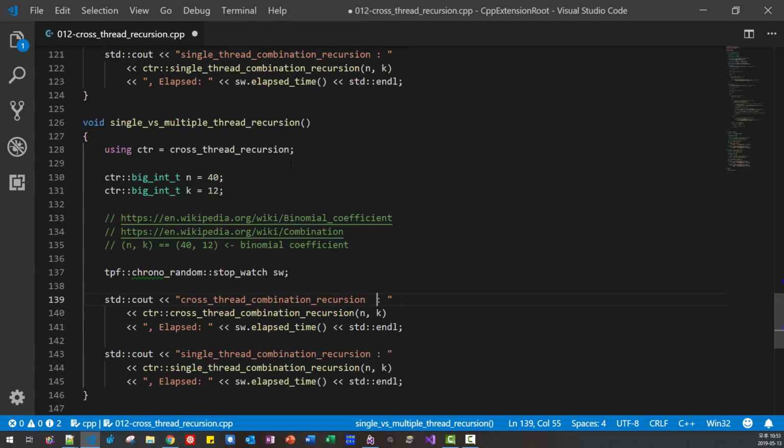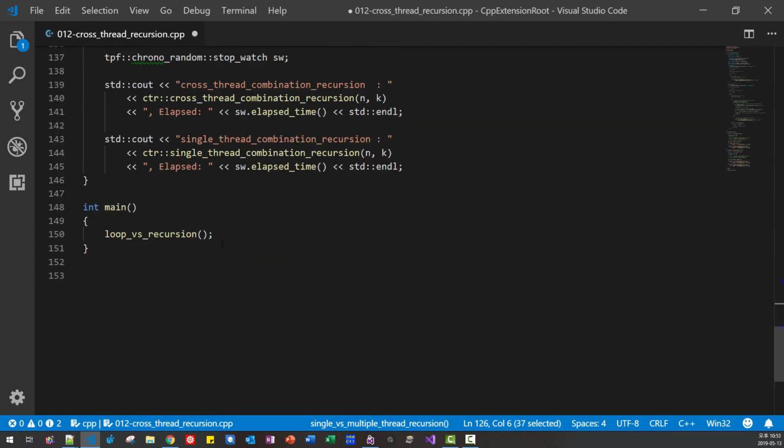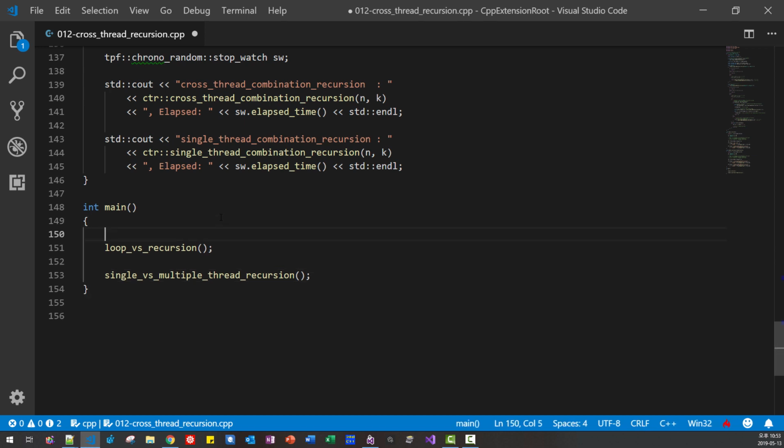Now I copy this function and paste it here, std cout loop versus recursion, and there I say single thread loop versus single thread recursion.